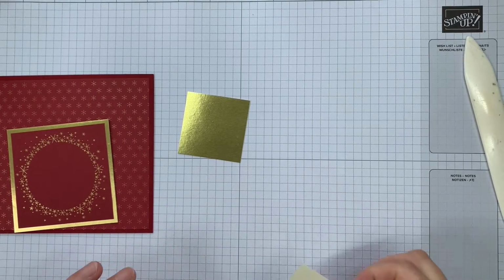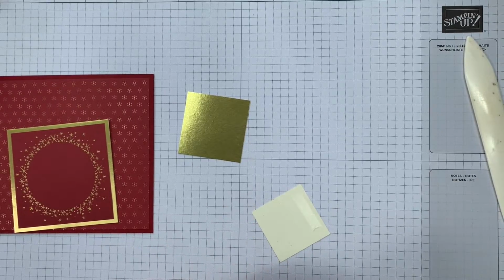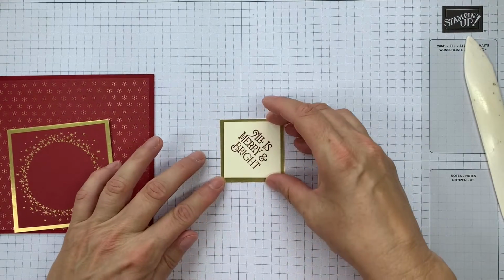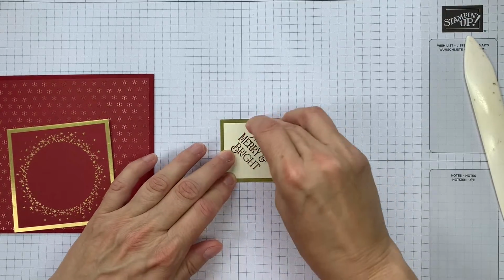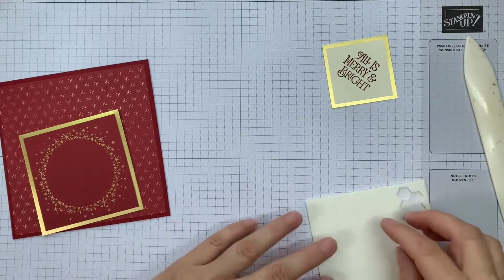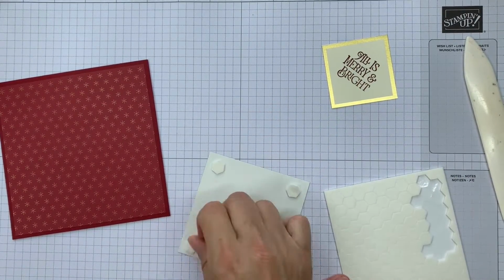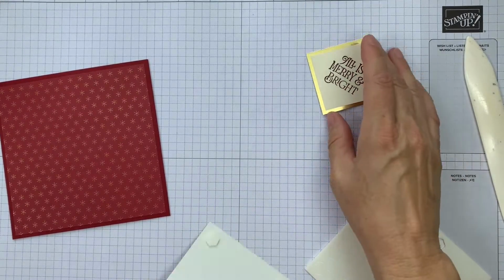And then I'm going to do the same thing and just pop this on squared off. But of course we've already stamped it as a diamond. So I'm going to grab my dimensionals now and pop some dimensionals onto the back of this layer. I like to put them in the corners and then one in the centre,